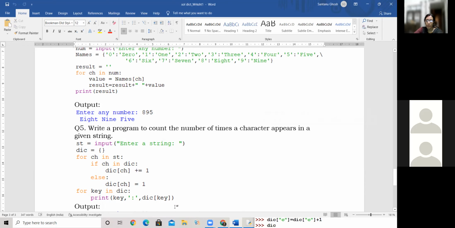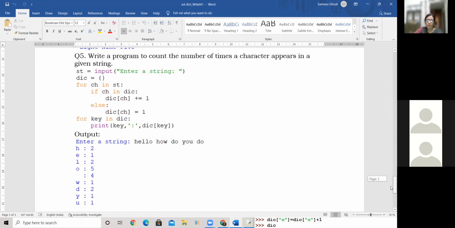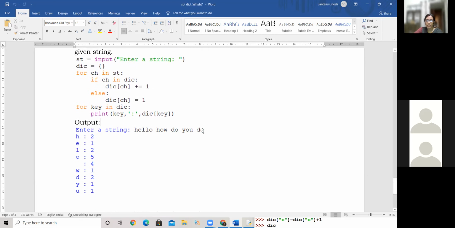Right? So when we ultimately print the dictionary, you can do it like this also. You can directly say print DIC. No need to print it like this in a loop. We know that. Okay. So if I do it like this, then my output comes out to be, this is the string I entered. You can see that. This is the string I entered, and this is the output I got. This is like a formatted output. But even if I print the entire dictionary, I'll have it as H:2, E:1, L:2, like that. But here we have done it in a little formatted manner.